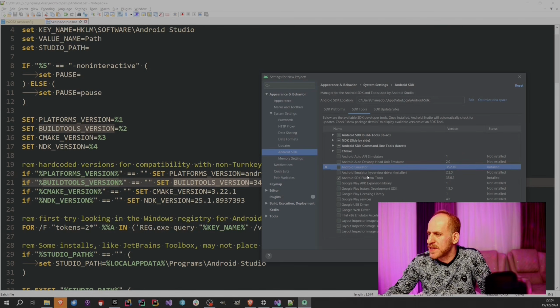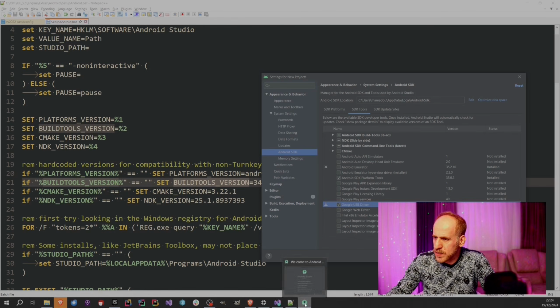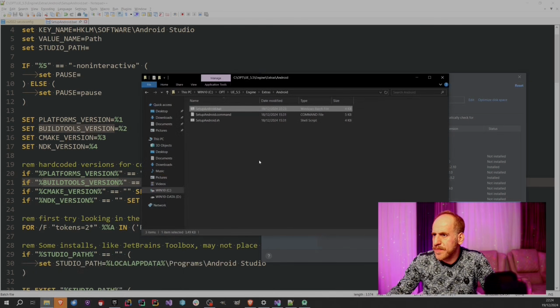Maybe there are bug fixes or things like that, so it does not matter. But maybe you also want to install the Google USB driver, which is important. Sometimes it is required for ADB to recognize our device. So this one is also selected, and let's go back to Unreal Engine version